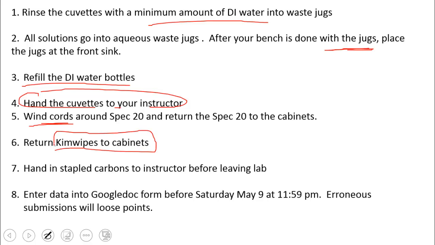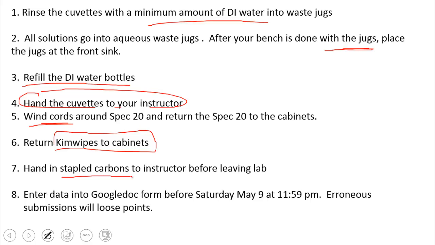You know where the Kim wipes go. You got them from there. Please return them to the cabinets, and any little Kim wipe garbage that you leave in your hoods or on your counters, please make sure they make it into the garbage can, not on the floor next to it, into the garbage can. And then, of course, I will take your stapled carbons up by my desk before you leave